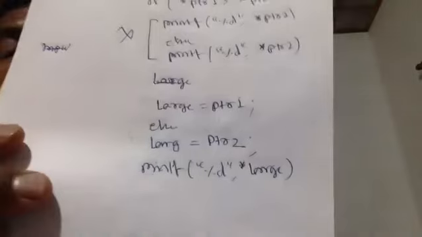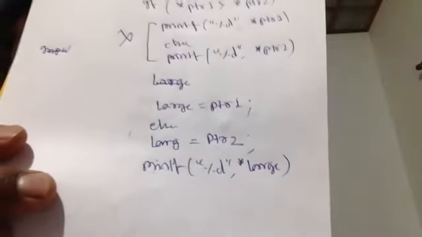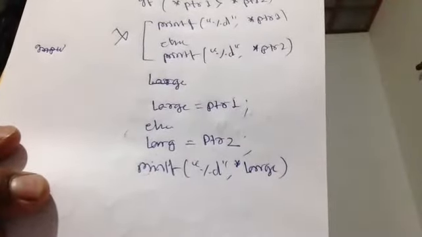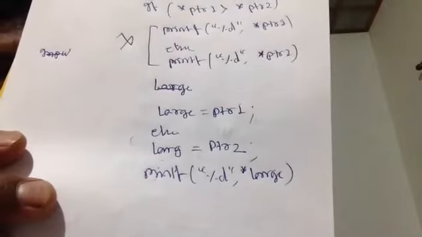Sir, there is large equal to ptr1 and not star ptr. Yeah, star is not required then. Sir, ptr1 holds the address of a. So that value will be available in large. Then printf is what? Yes, sir. Star large means large address, make it star, it will go for the content. Okay, sir.